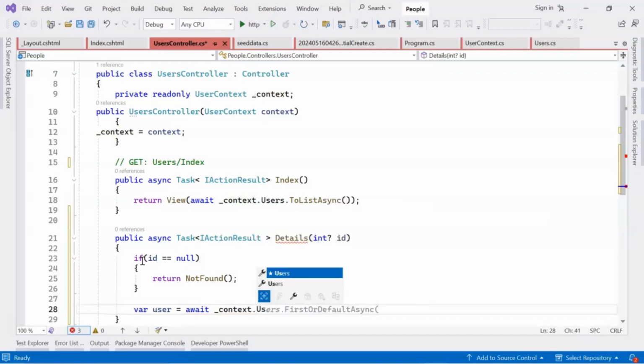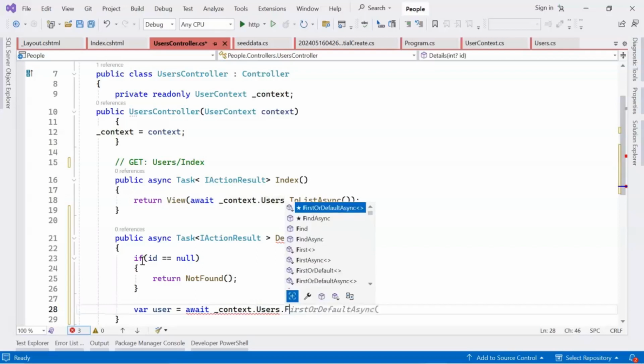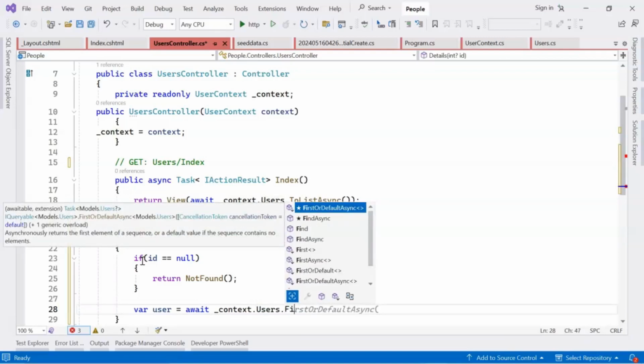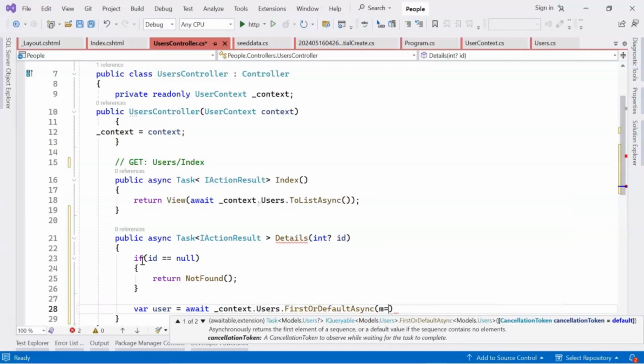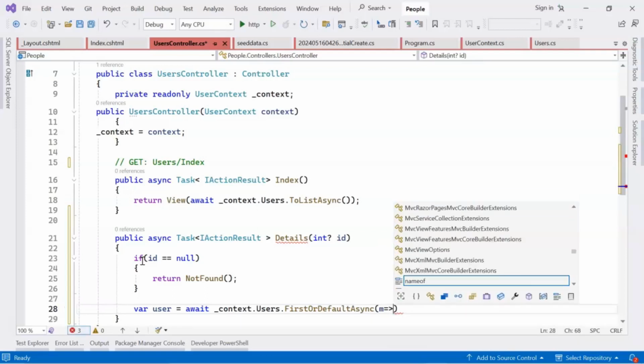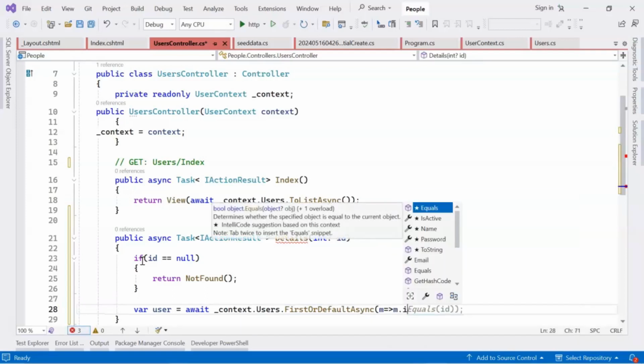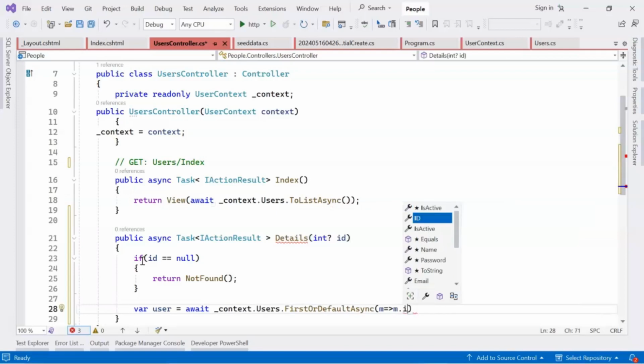So context is basically our database from which the user's details are going to come. Search that, m dot ID is equal